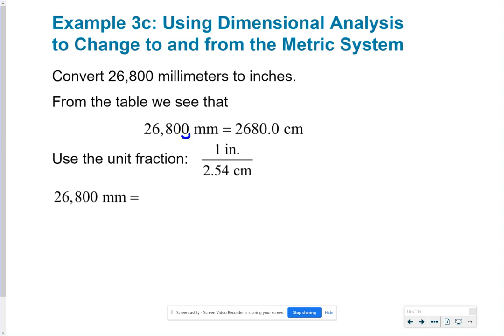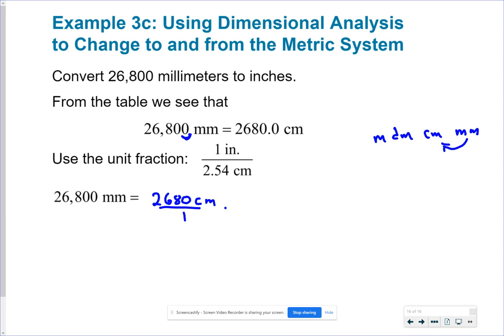Remember that little diagram. Let me pull it back up again. Millimeters to centimeters to decimeters to meters. I don't need the whole thing. I just need to go from here to here, right? So from there to there, I'm going to the left. So I move my decimal point to the left. See how easy that is? Okay, so I'm going to first of all change my 26,800 millimeters to 2,680